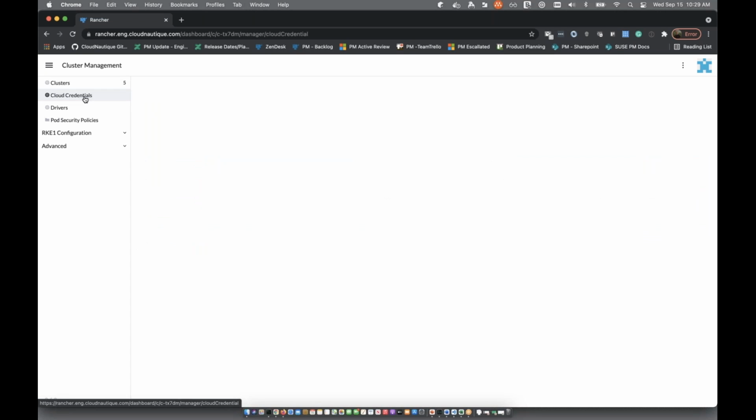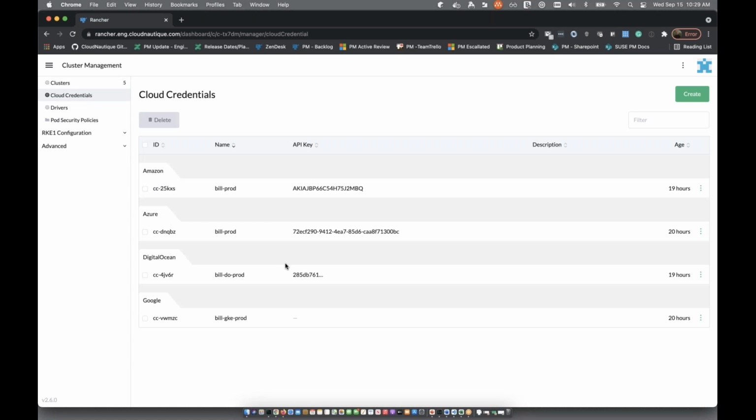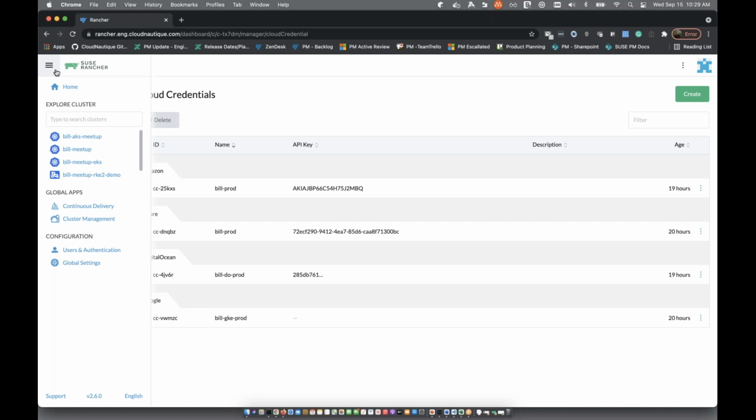Okay, so here you can also see all of the different cloud credentials that are available and used as different parts of the provisioning engines. So let's jump into one of the